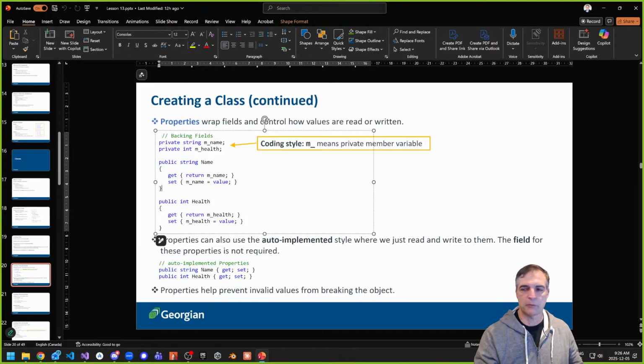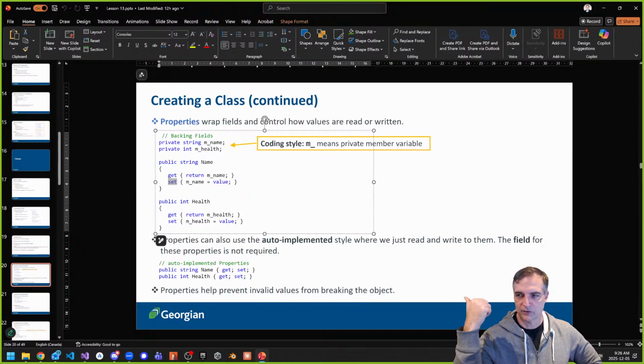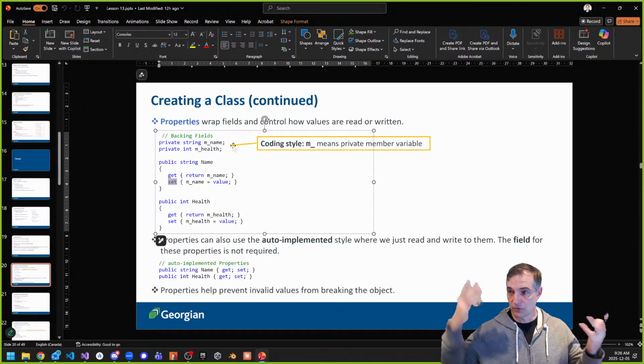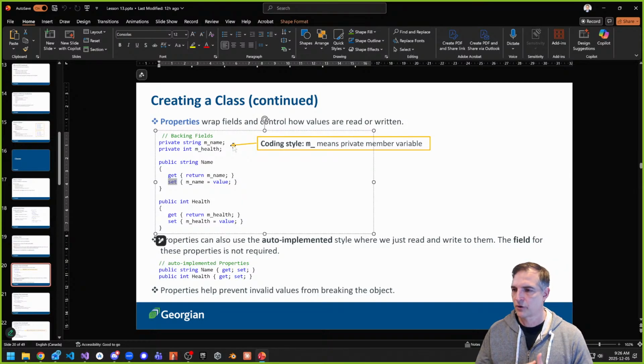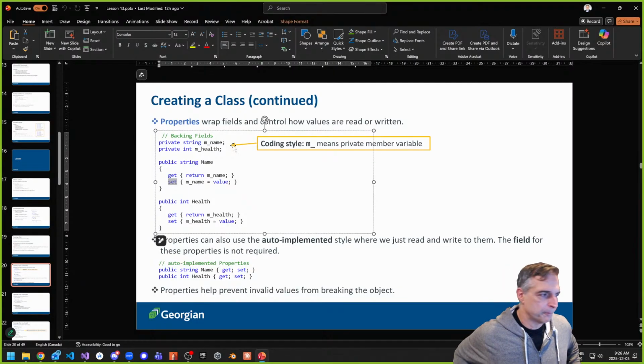A good example of this is if I was setting score. If I set the score, using the set component, then before I set the value for the score, I can also update my user interface. So I set the value of the score, I update my user interface, and that can all be inside the curly braces. I can't do that if I access these things directly. How are you going to do two things at once? You can't. But a method can do a bunch of stuff, and that's what properties are. Properties not only are the gatekeepers, but they allow us to do a lot of different things when we're reading from or writing to fields, which is really important.